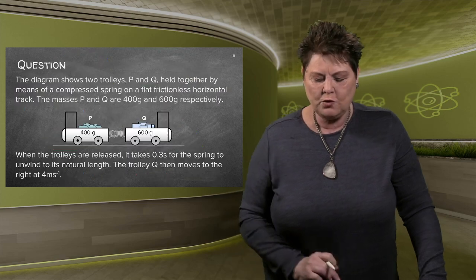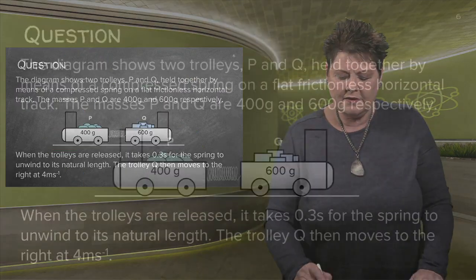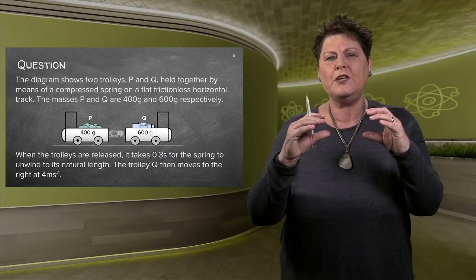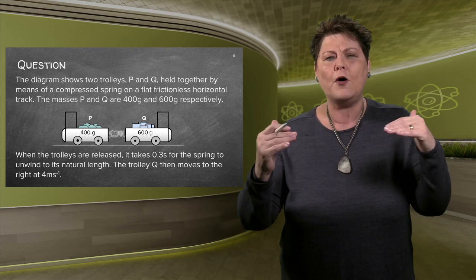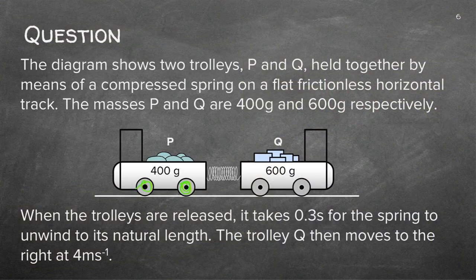Right, let's go to a question, an example that we'll do together. This diagram shows two trolleys. Now let's have a look at these trolleys. You've been working with trolleys with Newton. It's actually an apparatus that we use that can move either apart or towards. They've got wheels, so they are actually moving.